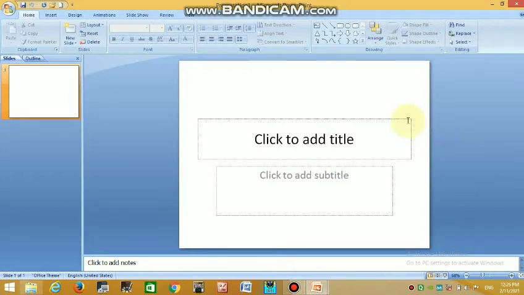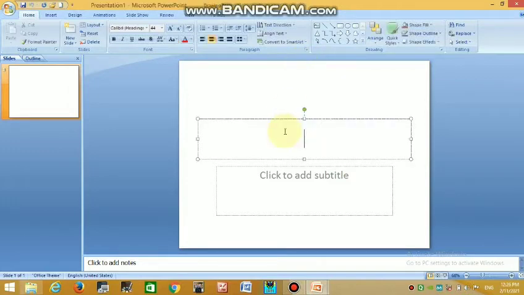See this, on a slide pane, click on the placeholder that reads click to add title slide. Okay, this is a title slide. By default, when you open PowerPoint, you can see the title slide. This is a sizing handle. With the help of this, you can change the size of the text box.